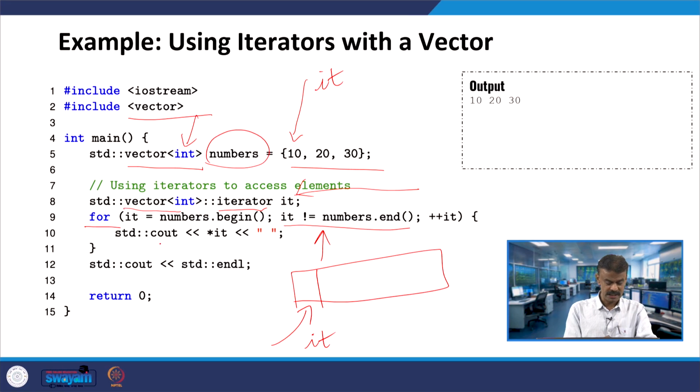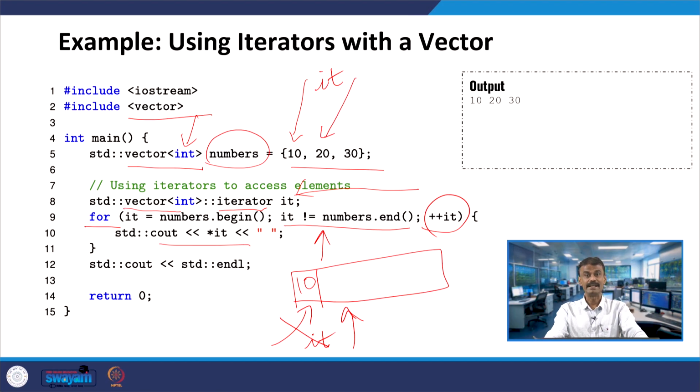So cout star it: it is pointing to the location of 10, so star it gives the value at that location, which is 10. I should get the first output, 10. Now ++it moves to the next location, where the value 20 is stored.